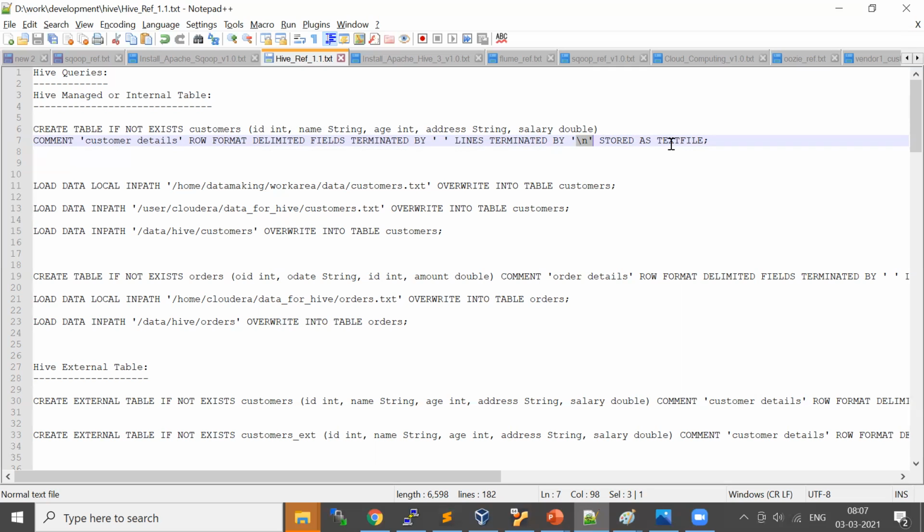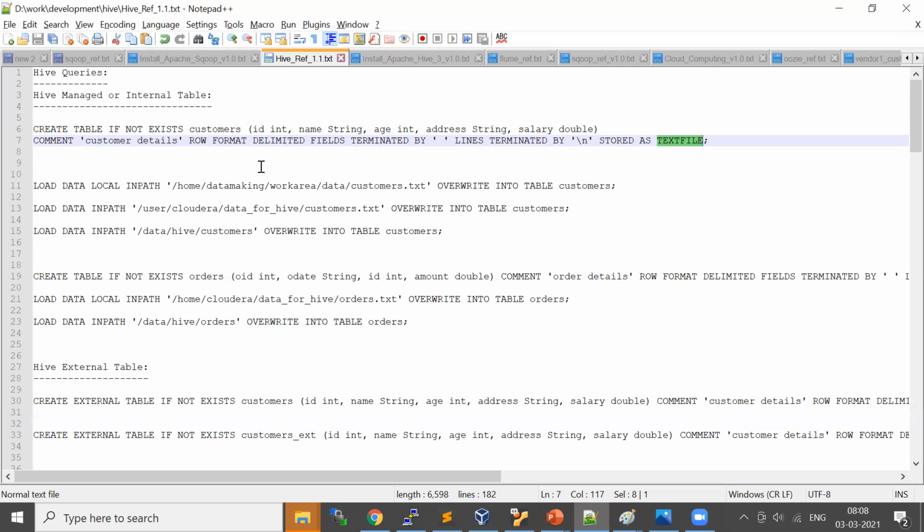Now I will come back to your question. What about when you want your table to be in JSON format or XML format? You change your formats. Basically, you need to use a different file format and specify the SerDe properties. I will come up with a new example for those.